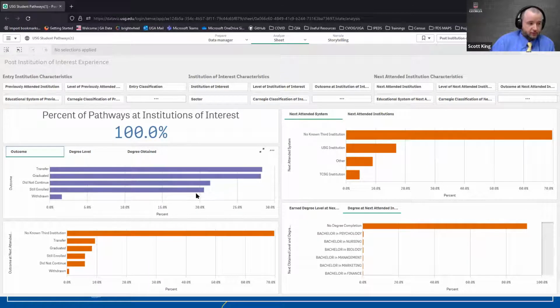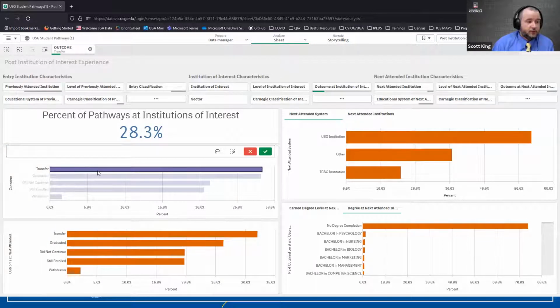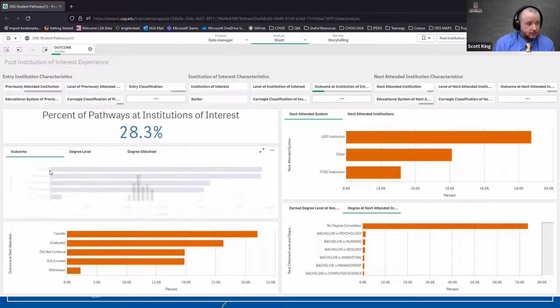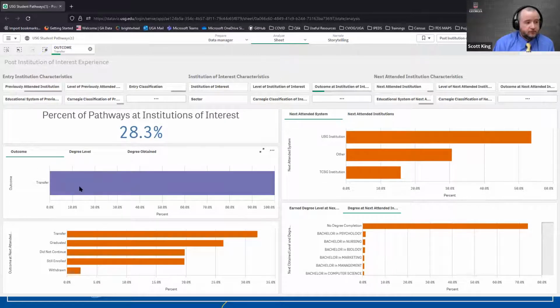So schools in particular might be interested in the amount of students that are transferring away, as I mentioned before. That's one of the most popular things that we get. So we could focus particularly on that population by selecting it in the bar chart. Students that are transferring out of the University System of Georgia, most common question we get is where do they go? Well, in terms of what kind of system they're transferring into, over here in the top right, we've mapped